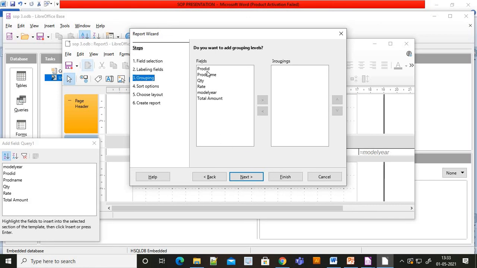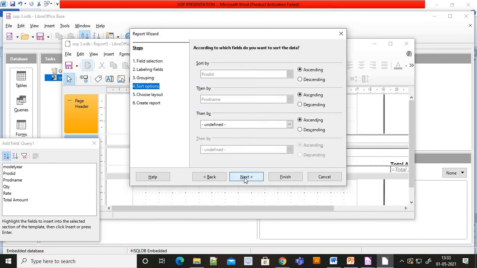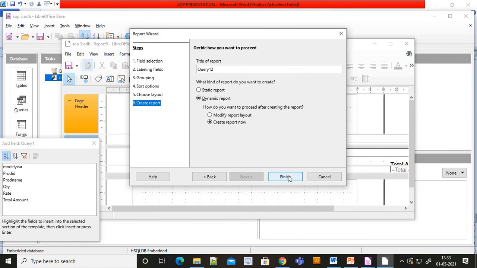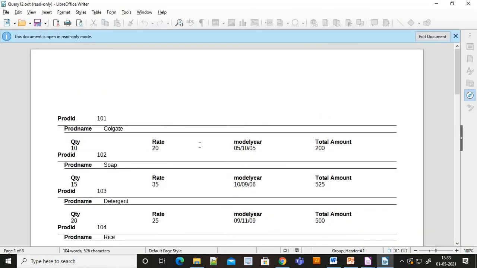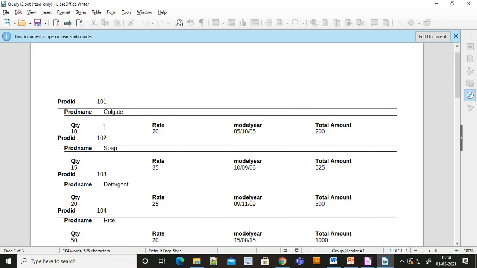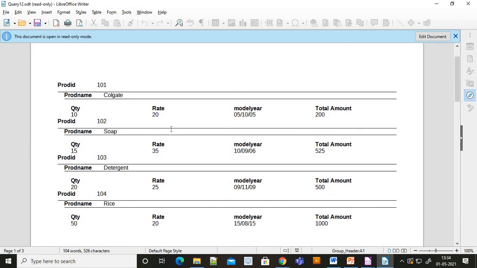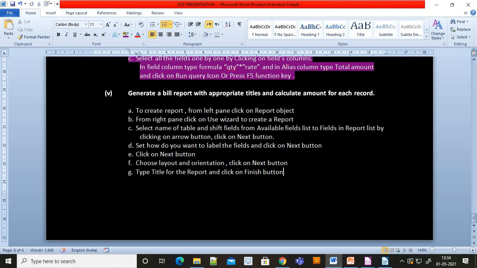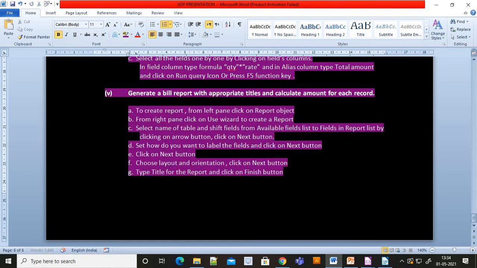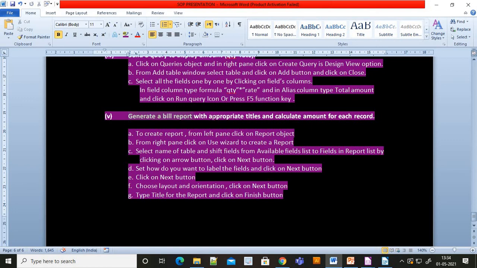Now here I will transfer product ID, which will be at the top, and product name. Click on next, finish. Here you can see product ID and product name at the top along with the total amount. So we have fulfilled this criteria also. Here we have fulfilled all the criteria. We have generated a bill report with appropriate titles and calculated amount for each record.